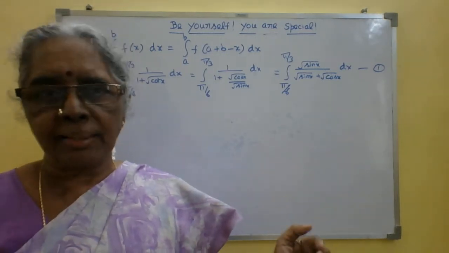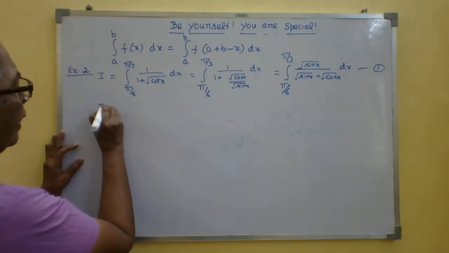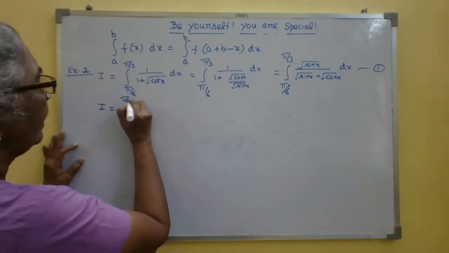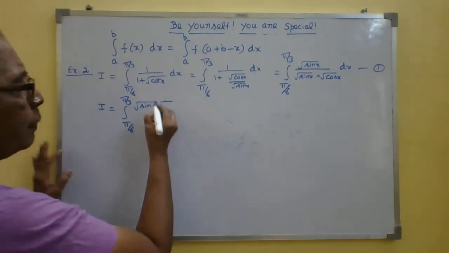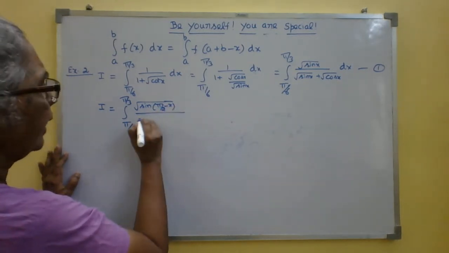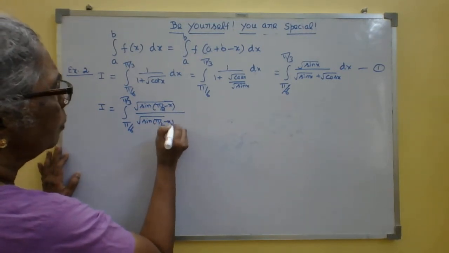Cos(pi/2 minus x) will be sin x. Now we will use that property and write I again. So we will get the integral from pi/6 to pi/3. Now, in the numerator, you will get sin(pi/6 plus pi/3). I know it is already pi/2, so I will write it. In the denominator, here I will get sin(pi/2 minus x)